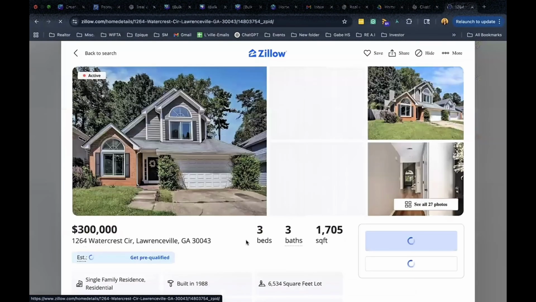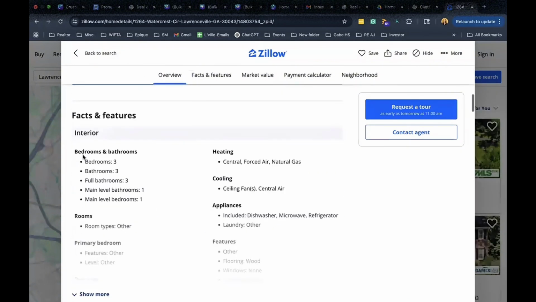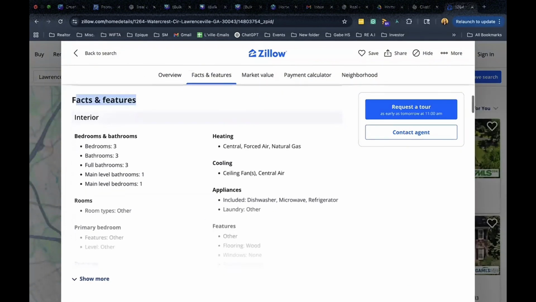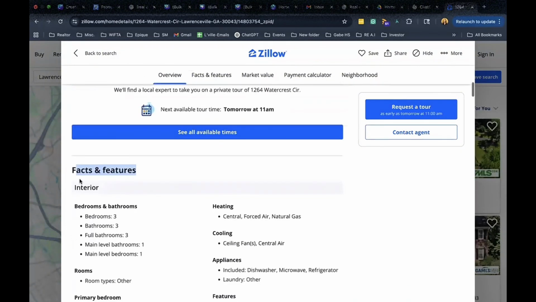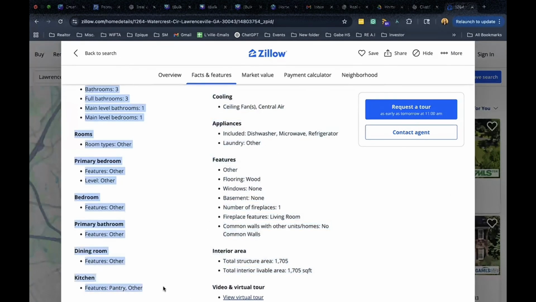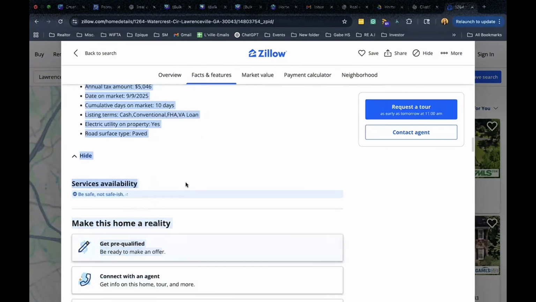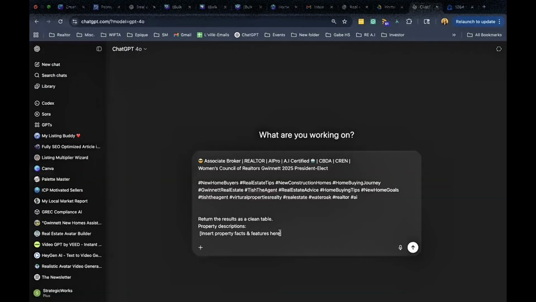Or you can go to tax records, whichever one is easier. So you can go down to Zillow under facts and features. We're going to go ahead and copy all of this information right here, because if you already updated the listing, this should be updated, right? Copy. And then we're going to go back to ChatGPT